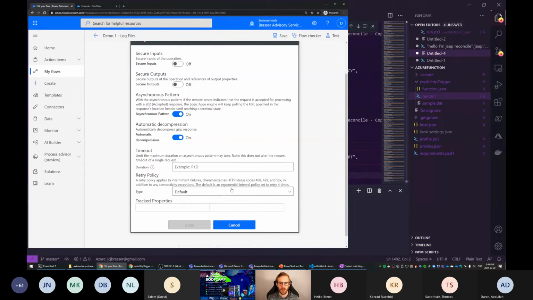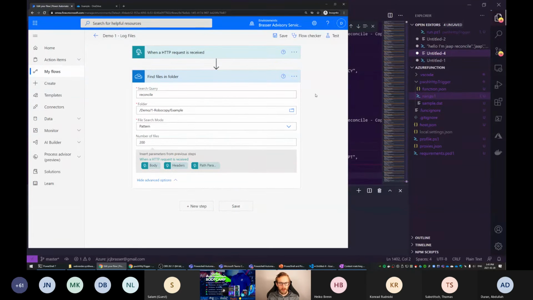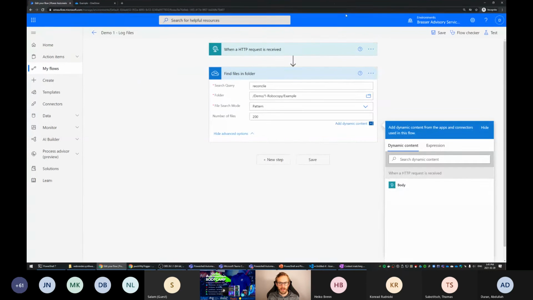So whenever you're going to be working with a folder that has more than 100 items, you're immediately limited by your connector. This would be a case where using an Azure function would be beneficial, or by finding a different way to get this information out of Power Automate. For example, a different way of getting this information would in this case be to use the Graph API.